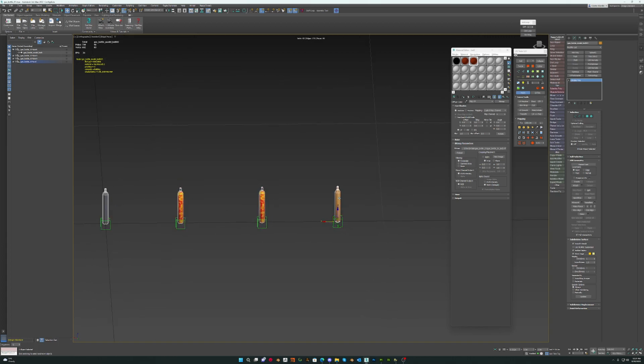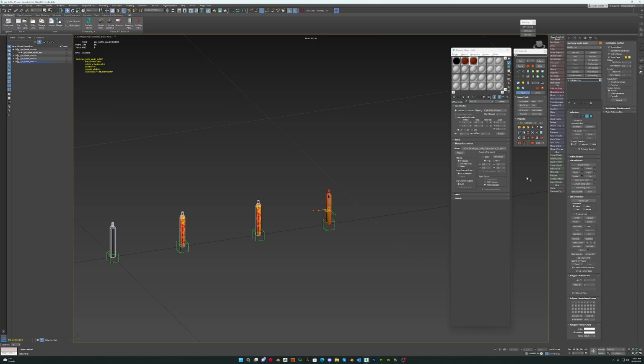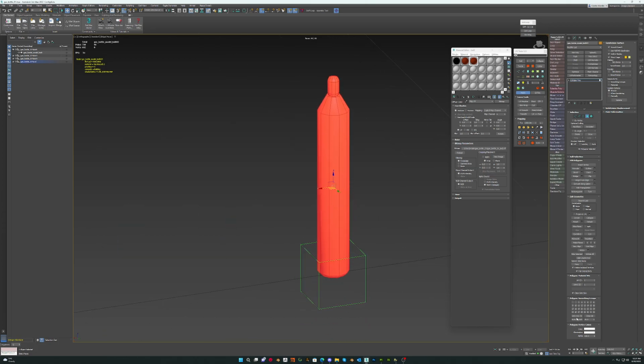Okay. Now you see the different shading there as I'm moving around. So that's telling me that by editing stuff, I've changed the normal directions on some of the faces. So if we just click that and add a modifier called edit normals, then Control A to select them, then break, and then reset, and then collapse all, and then go into the polygon level, or number 4 on your keyboard. Control A to select all the polys. As you've seen, they're all selected, and just auto smooth them. I've already done this before, but